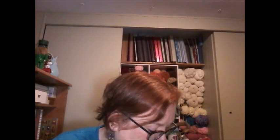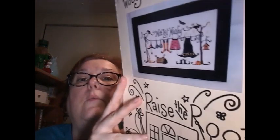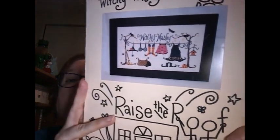I did start a new one, even though technically, oh, no, I didn't buy that for this one. I bought this fabric. It's called Amber at Katrina's. That was the other thing that I bought. I forgot about it. But I'm doing Witchy Wash on it. And so I've got